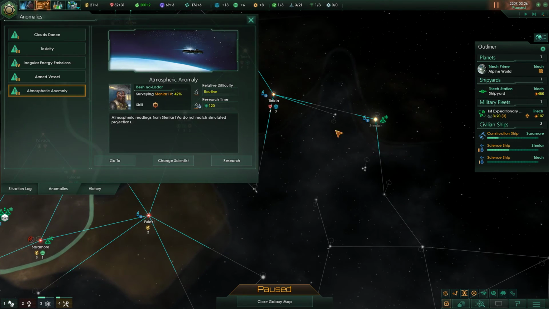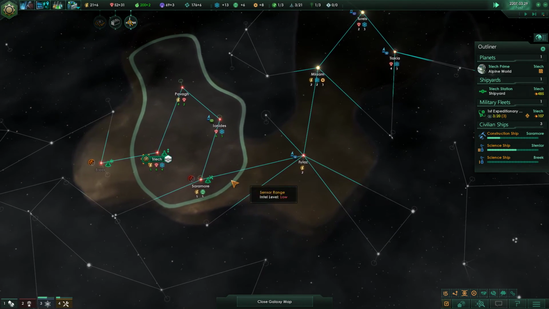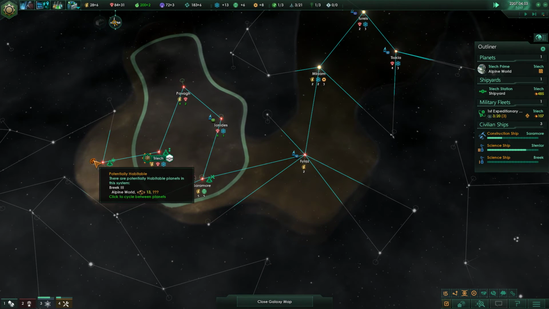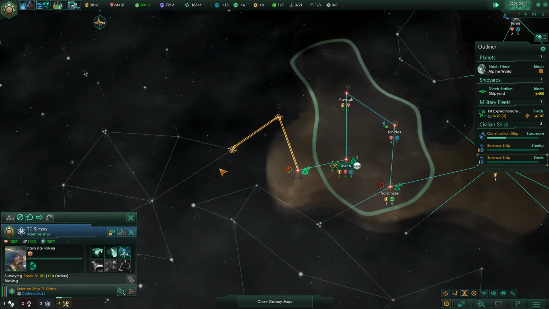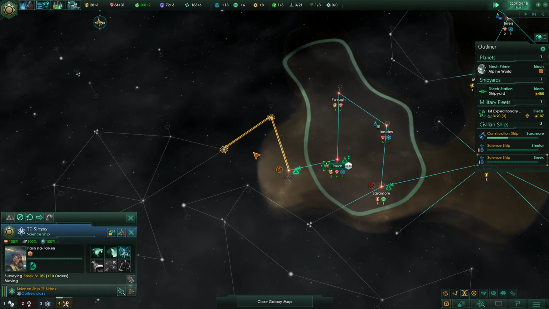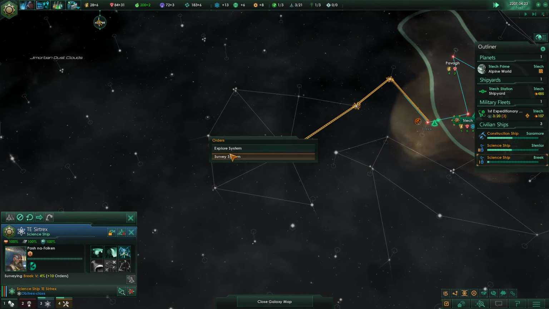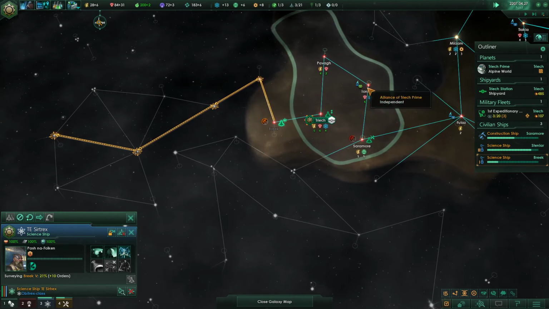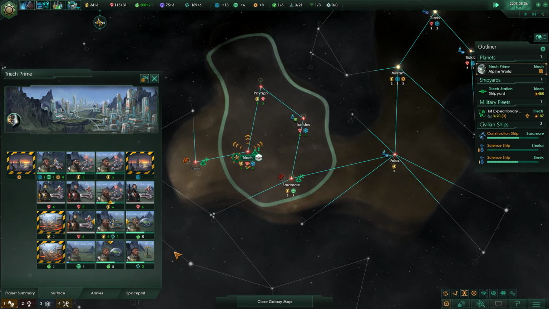Now, these sort of anomalies will never time out. They never disappear, so they'll always be available for you to research. So there's really no rush necessarily to get them. It is smart to get them, especially when they're within the borders of your own territory. But for Ionides, for instance, I'm in no particular rush to grab it, primarily because